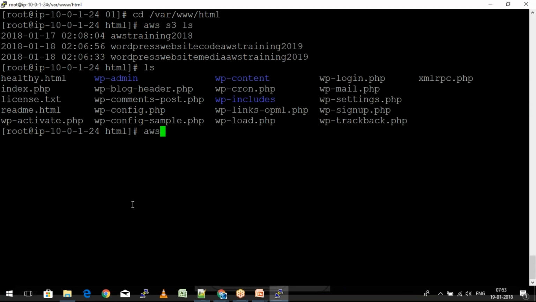So we all know what the command is. It's very simple, aws s3 and then cp. From where would you like to copy it? So the source is /var/www/html/ and then a slash. And from here, I'm going to copy it to the S3 bucket, which is with the name